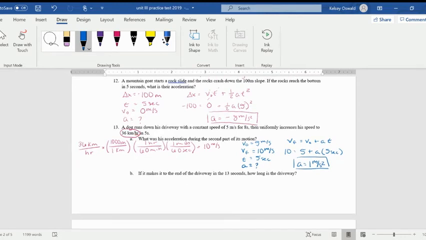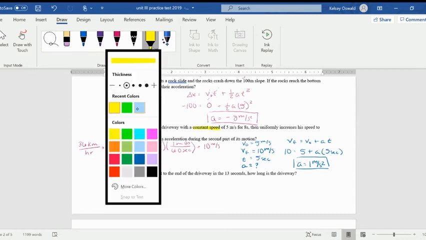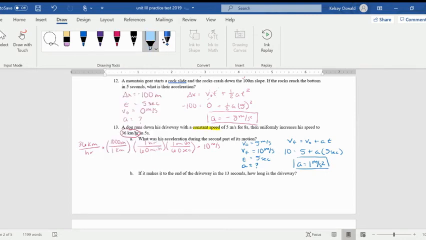All right, so then for B, it says if he makes it to the end of the driveway in 13 seconds, how long is the driveway? So we're trying to find our displacement here. So here we're going to want to break up our motion into two sections. The first one being when he's running with a constant speed, and the second one being when he is increasing his speed. So we have 2 different kinds of motion here that we're going to have to find our displacement for. The first one, when we're moving at a constant speed of 5 meters per second for 8 seconds,